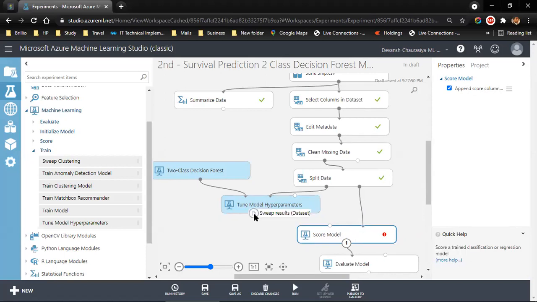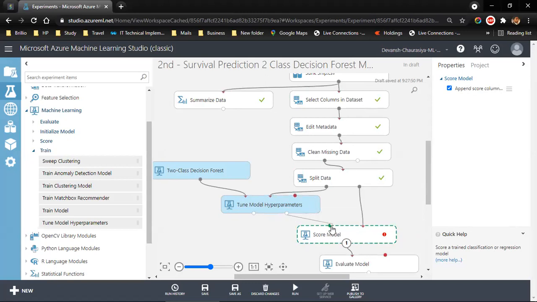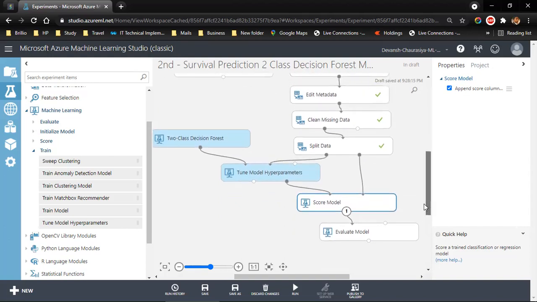So we need to create a connection over here. See, this sweep results, and this is trained best model. So trained best model, whatever we are going to train over here, it will become the input for the score model on the basis of training data. This is training data, and the test data comes here. So whatever model is created on the basis of training data, it is going to run on test data. Okay, and now